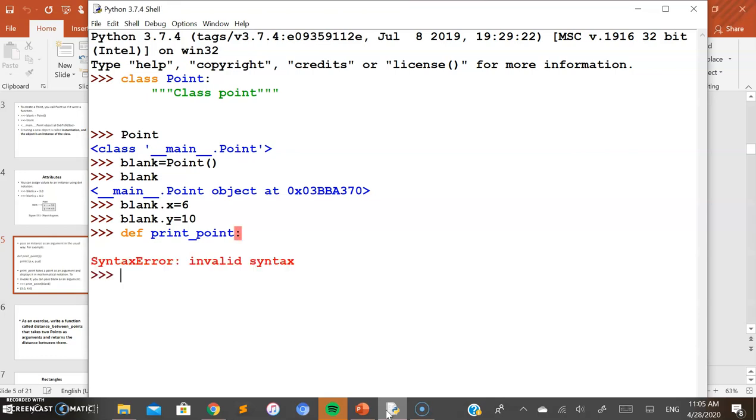All of you know how to represent a function. It is showing an error because the function must mandatorily appear with parentheses here, isn't it? Within this, with this function I want to pass a parameter which is an object. So I want to pass the object as a parameter to this function. The body of this function is just to print the values associated with this object.